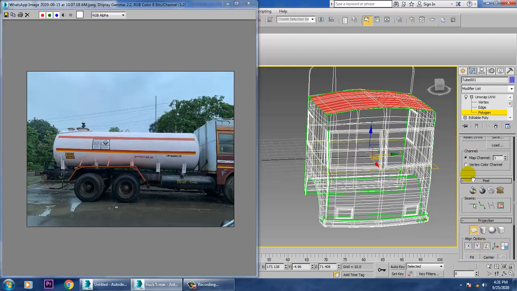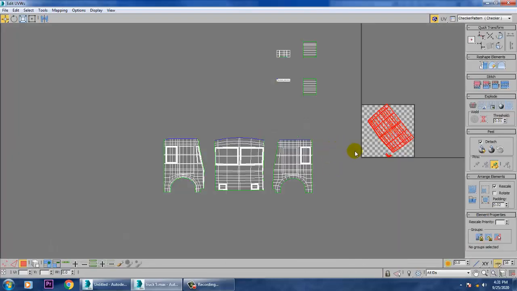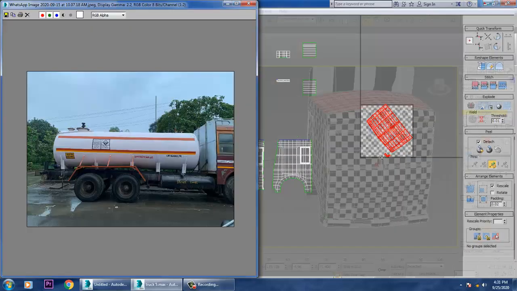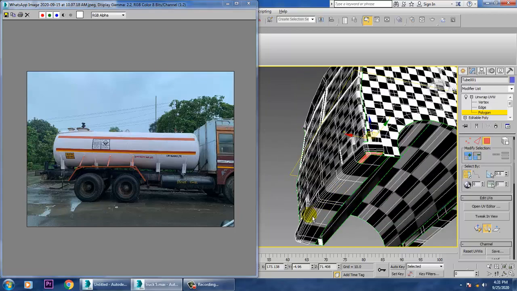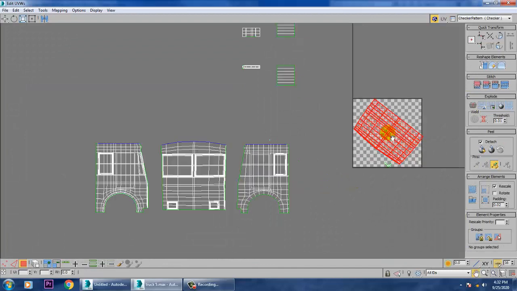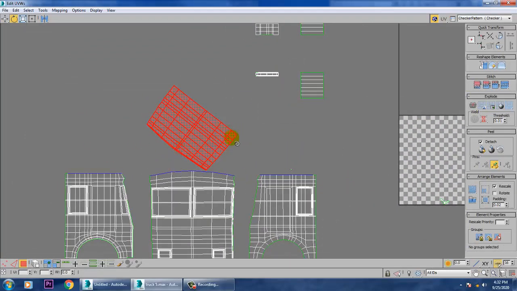And quick planar map, open UV editor. I think, okay, we have accidentally selected this, so subtract this, quick planar map, and again rotate this and just push it up.